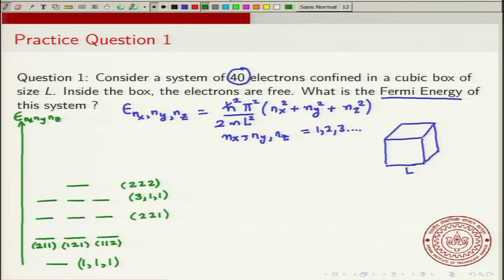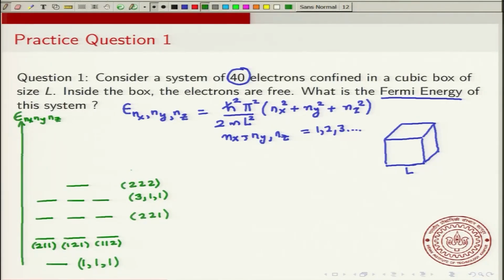Okay, now let us just count how many states we have had so far. So if we count the total number of states, we have 1 2 3 4 5 6 7 8 9 10 11. Okay. And since we have 40 electrons, we should go at least up to 20 states. We need at least 20 states to fill 40 electrons. Okay. So the next one